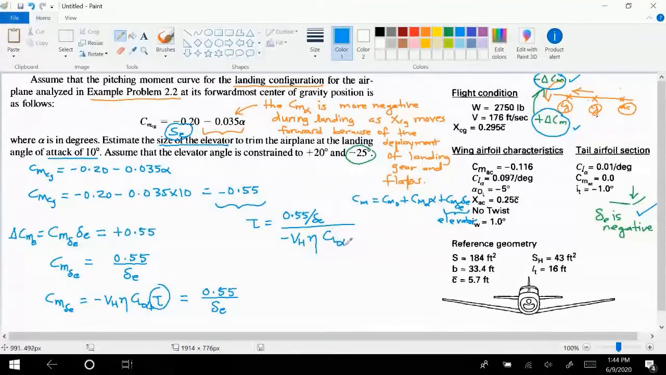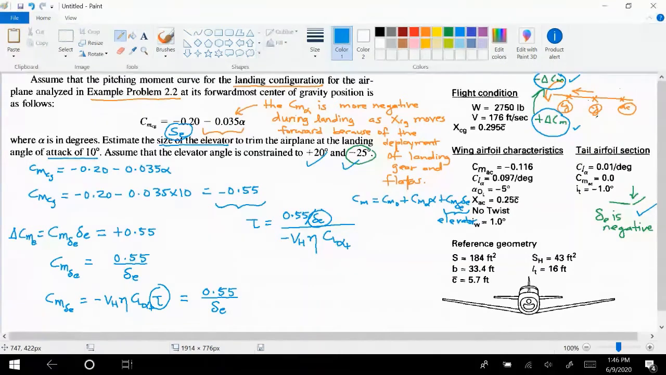eta CL alpha T. We know that the elevator has to be deflected upward based on our understanding of what is required to stabilize the aircraft during a landing approach. So if we have to choose one of the limiting values, then we will choose negative 25 degrees. So in this delta E here, we have to choose negative 25, and you need to understand that this would lead to the lowest value of tau, right? So in other words, the answer we will be getting will be the minimum value of the size